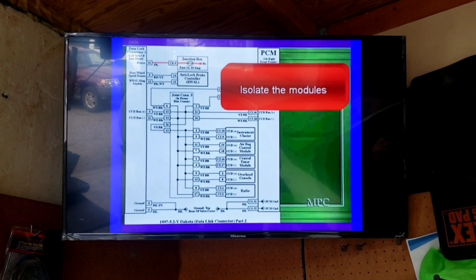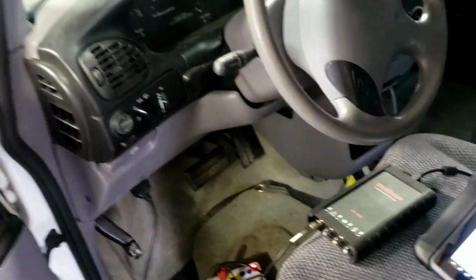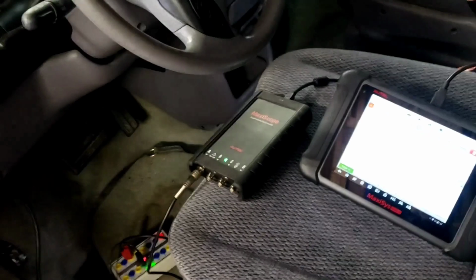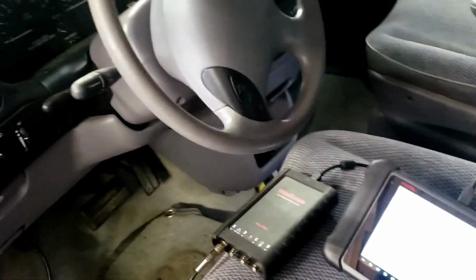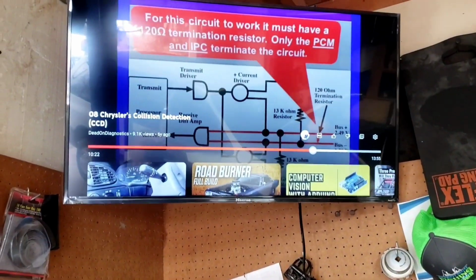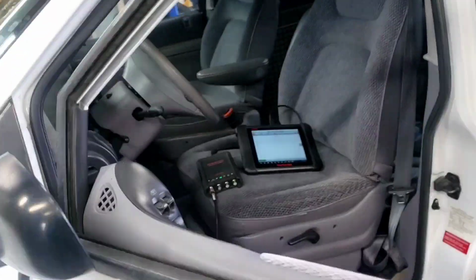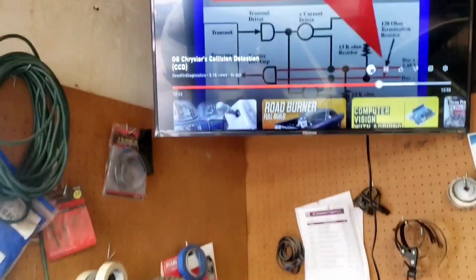So now we're going to have to isolate the modules. But remember, we got... So like he just said in the video, Dead on Diagnostics, we're going to pull up the schematic again, isolate the modules, and see what we got going on. So we're going to pull up the schematics again here, and I'll have to reference my part 1, or I can pull them up because I had them all pulled up in there, and I should have printed them off, but I didn't for part 1. That was a few months ago. Been pretty busy, but